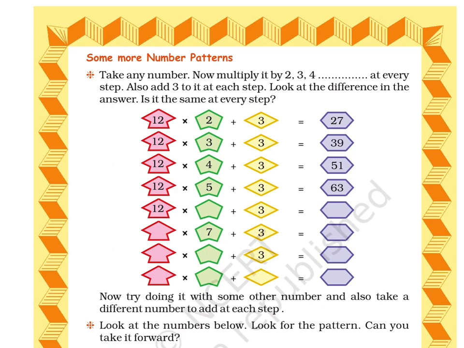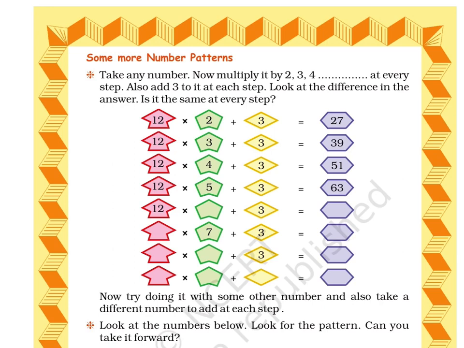Part 3. Page 108. Some more number patterns. Take any number. Now multiply it by 2, 3, 4, and so on at every step. Also add 3 to it at each step. Look at the difference in the answer. Is it the same at every step? The number pattern goes like this: 12